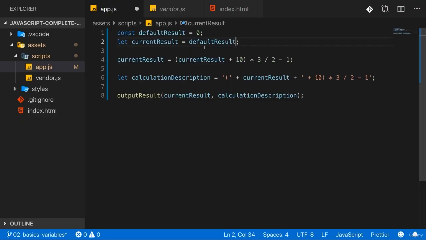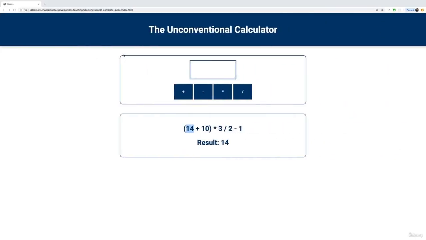Yes, you can initialize a variable with the value of another variable or of another constant, and that's exactly what I'm doing here. The result of that is, if we now change current result, we can do that because that's a variable created with let. We couldn't change default result, so if I would try to do that here, and I now save this, you will actually see 0 here because our script broke,